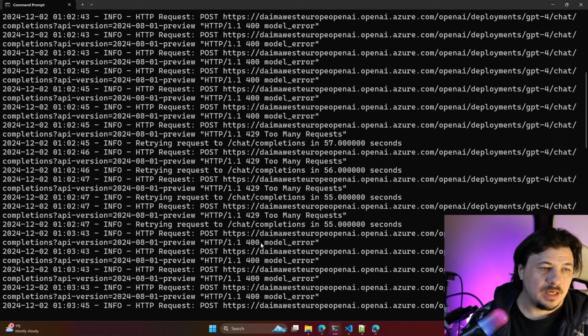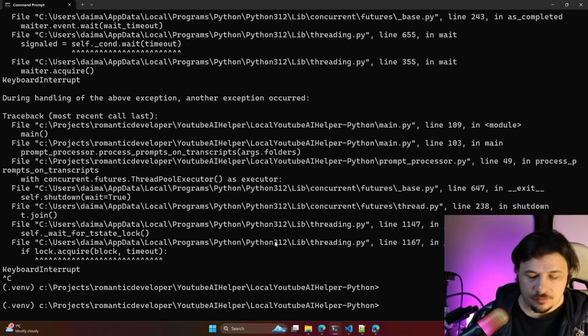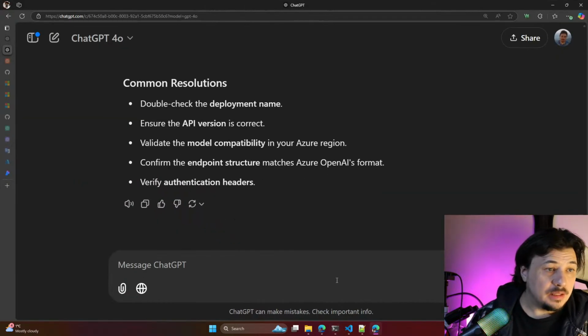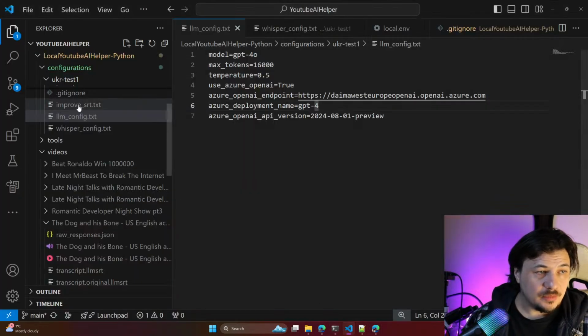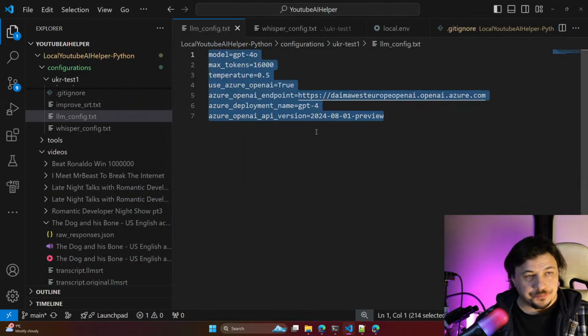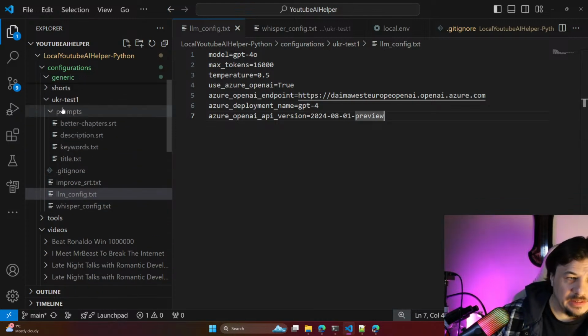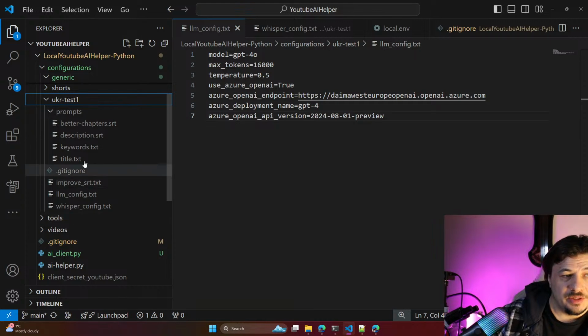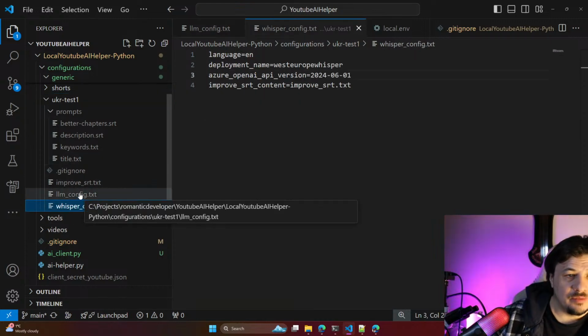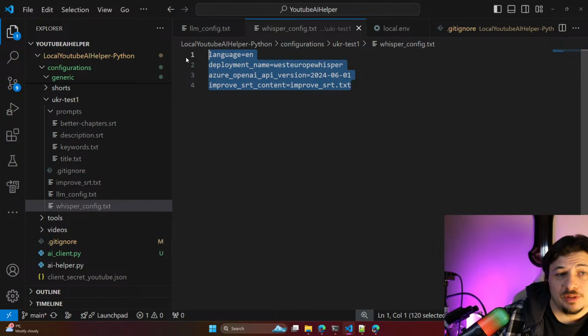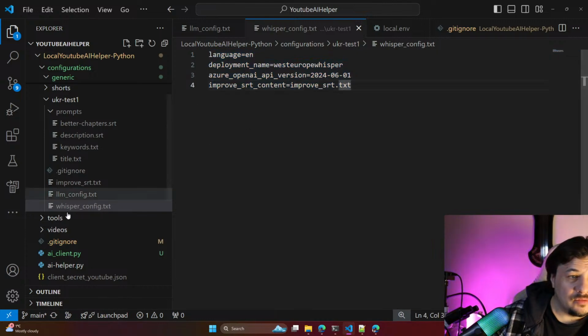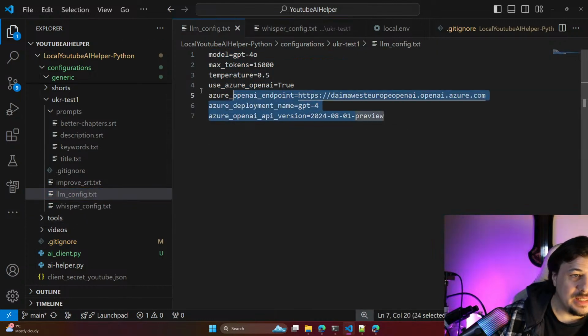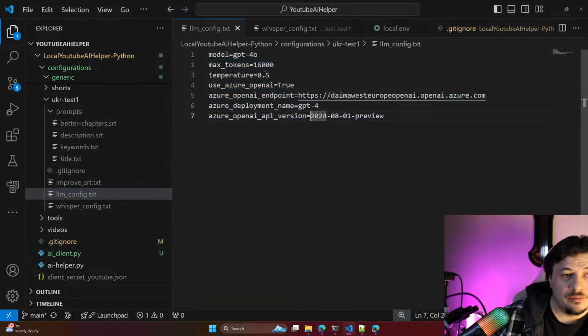So I think let's review what we have here in that sample, our approach to use that model like Whisper config. By the way, Whisper looks like it's working fine. Even for some reason, even improving the text worked. It used GPT-4o. It used that from here, and it was fine.